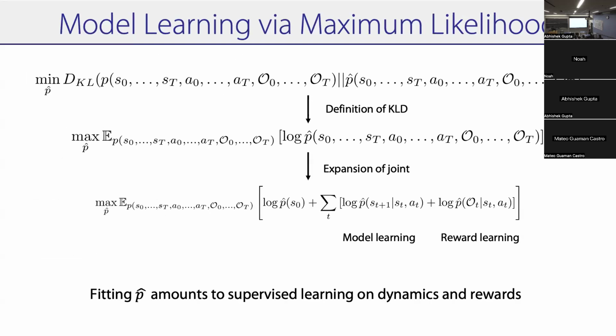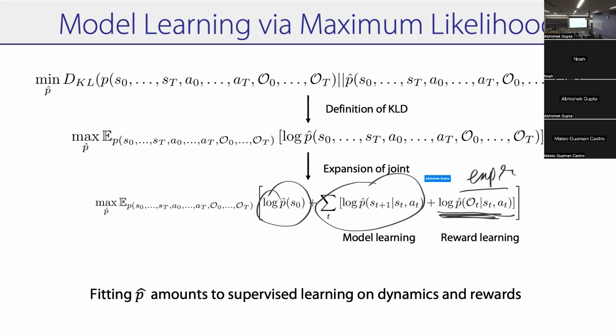In this part? Yeah, so you can think of this as like reward learning. When you're taking samples in the environment, you're not getting optimality variables, but what you're getting is rewards, right? And so you know that log p hat is going to be exponential rewards, right? And so you're trying to fit an approximate model of rewards. So the first term is fitting your initial state distribution, the second term is fitting your dynamics, and the third term is fitting your reward. Right. So that's it.